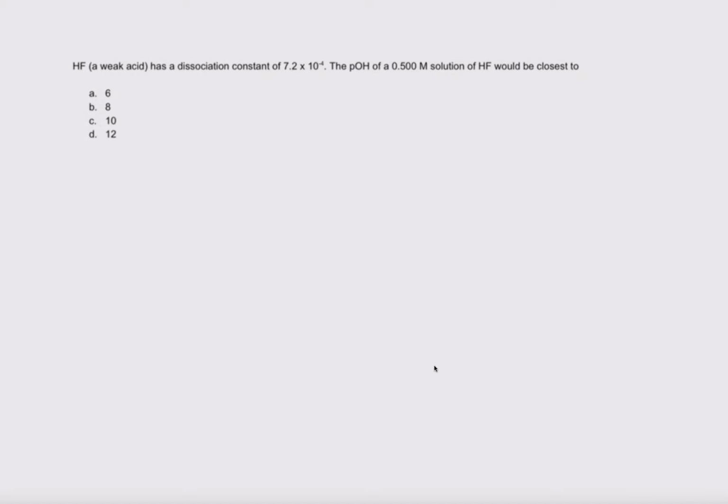How do we find the pH of a weak acid? Because the fact that it's a weak acid means it doesn't dissociate completely, so we can't just take the negative log of 0.5, unfortunately. However, the actual way to do this is not the hardest thing in the world to do. But what we're going to do is we're going to go back to the equilibrium constant, and we're going to say that we've got HF,